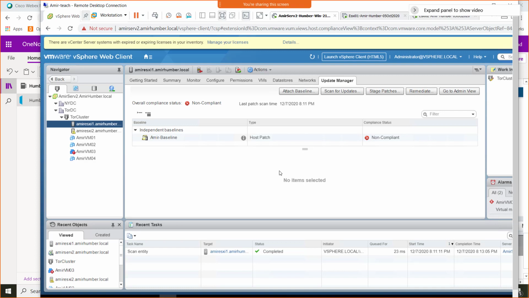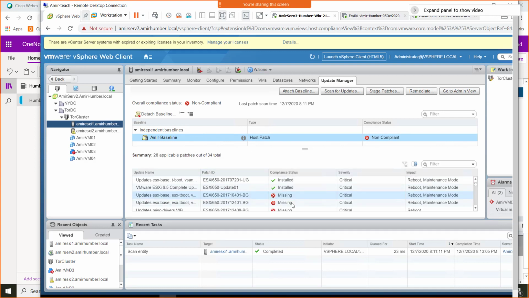Yes, Oren, that is okay. You see all those patches. If I select that, yes, I also see that. So in fact, 2 patches are installed, others are missing, and that's a good view. You can also see that some of the patches will require a reboot, and some of the patches will also require maintenance mode. So we're about to go to maintenance mode for this hypervisor. If you select this line, then you will see all this, which is good.